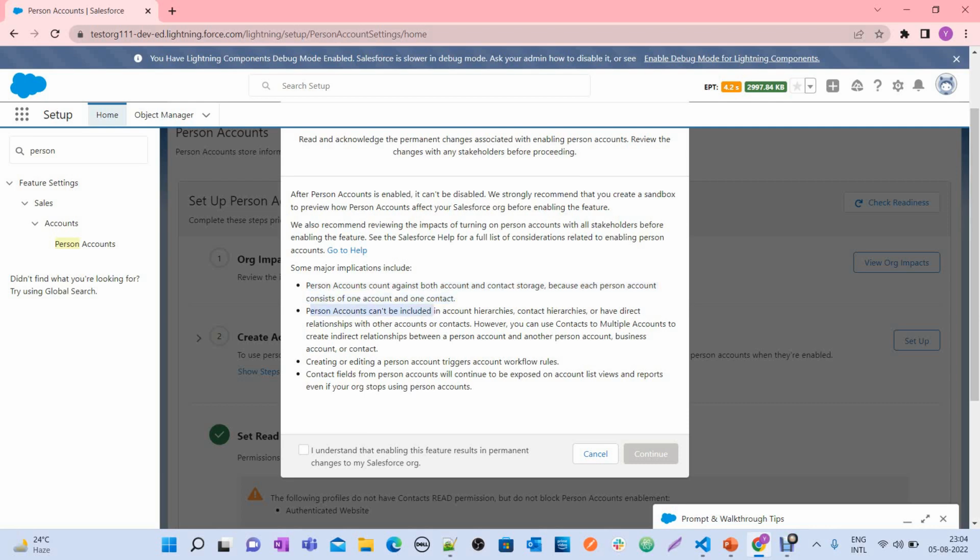And person accounts can't be included in account hierarchies or contact hierarchies. You have the complete details, guys, before you enable. Please read through this. If these implications are not going to impact anything for your project, okay, then only you can do it. And before enabling this in your production, always try it in one of your sandboxes, and only once you see all the impacts of person account on your project,